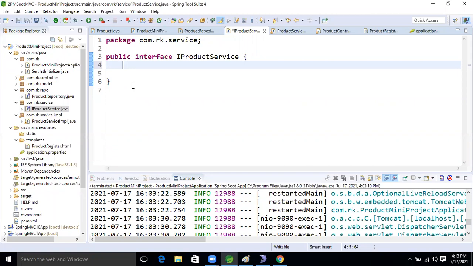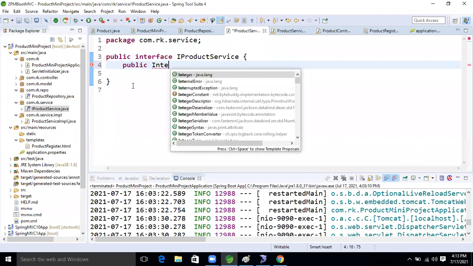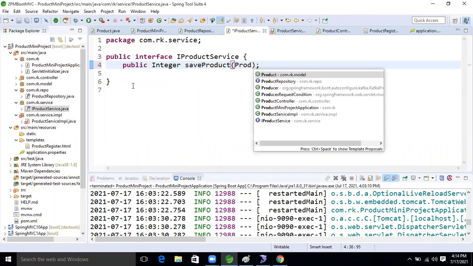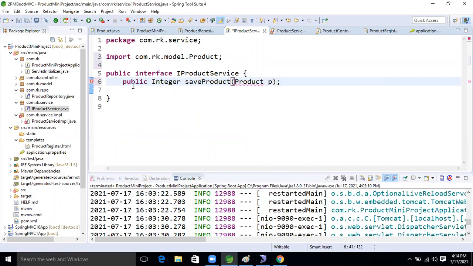So what I'm going to do now? Public. We have to write one abstract method. Integer, right? Integer. Save method will return what? Int value, right? To perform non-select operation, 1 or 0, we are getting the result, right? I explained already in the data JPA. Now, good. Save product. I'm taking the method, Save product service. Inside that, I'm taking the product object I'm going to store now. Okay, so now this is our abstract method now, right?